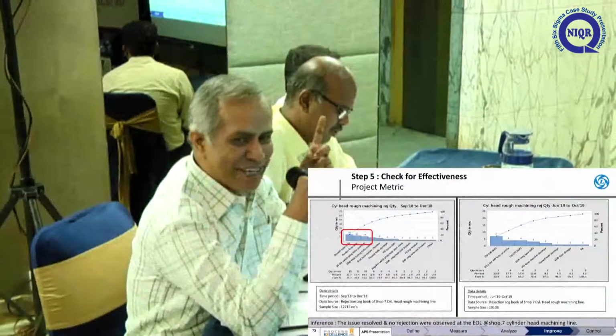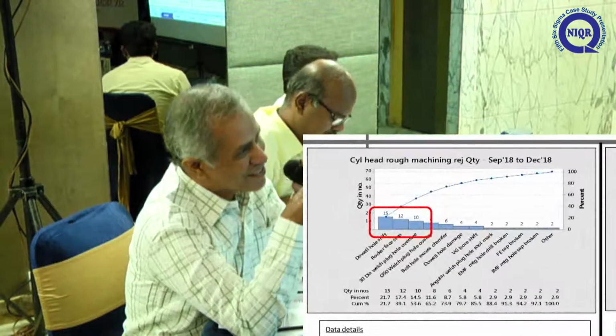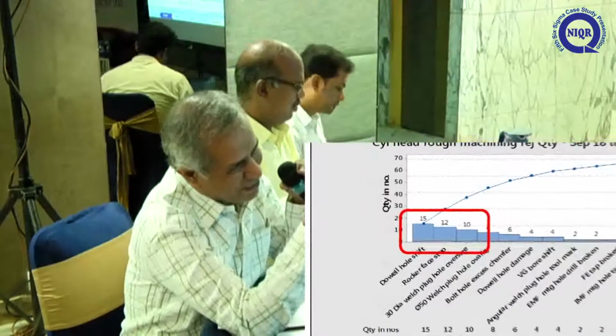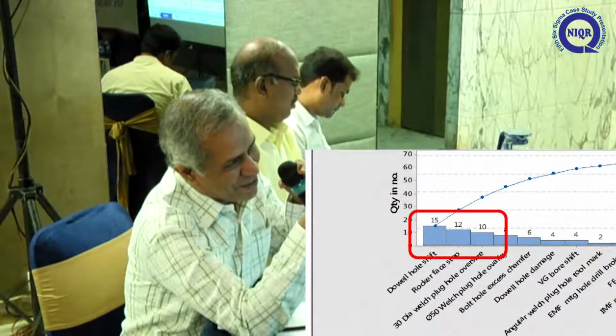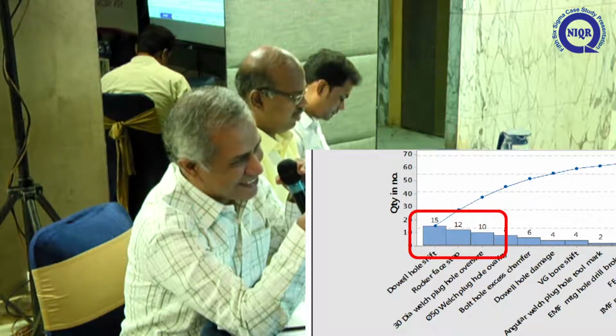What is the overall impact of all the 3? You have attacked 3. Are those 3 in line with the Pareto diagram? Yes, sir. Where is the Pareto, before and after of that Pareto? If you are saying you have attacked operation 50, what is the reduction? You said something about t-tests and things like that.